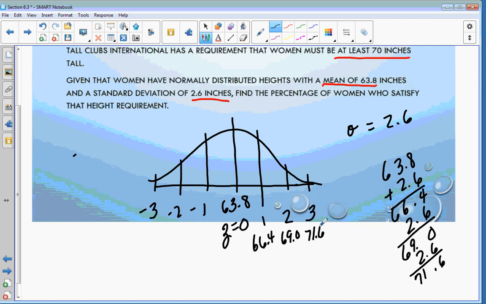So I want to know, in this tall club, women need to be at least 70 inches tall. Well, I can look now right here at my sketch, and I know that 70 is greater than the 69 but less than the 71.6. So I know that 70 is going to fall right in here somewhere. So I know that I'm going to end up with a z-score somewhere between 2 and 3, more than 2 but less than 3. And I can use my conversion,